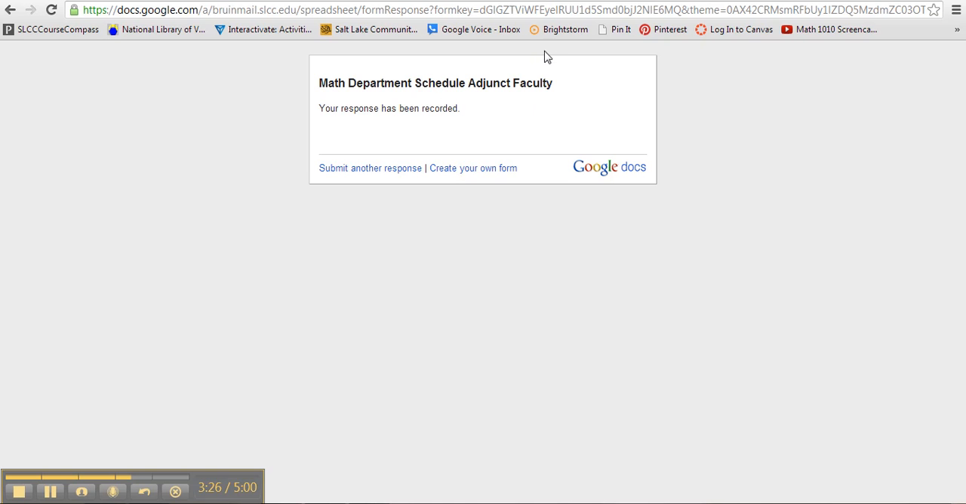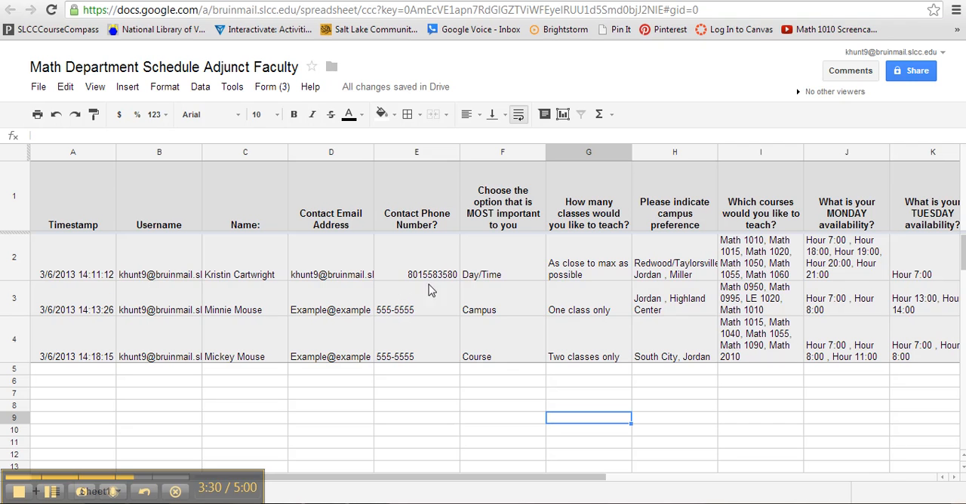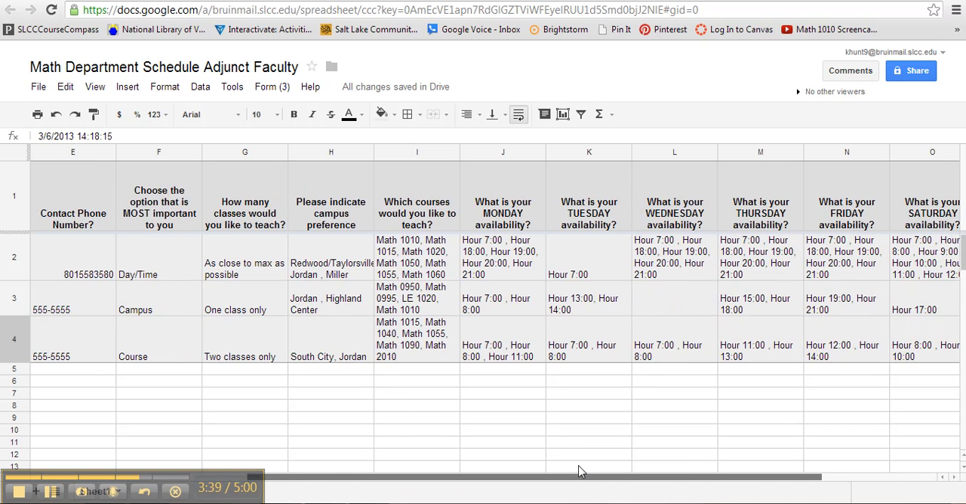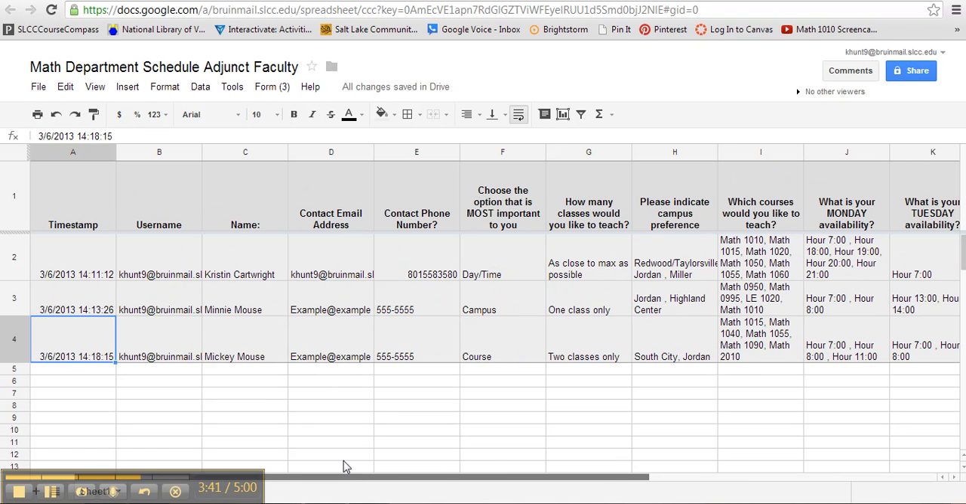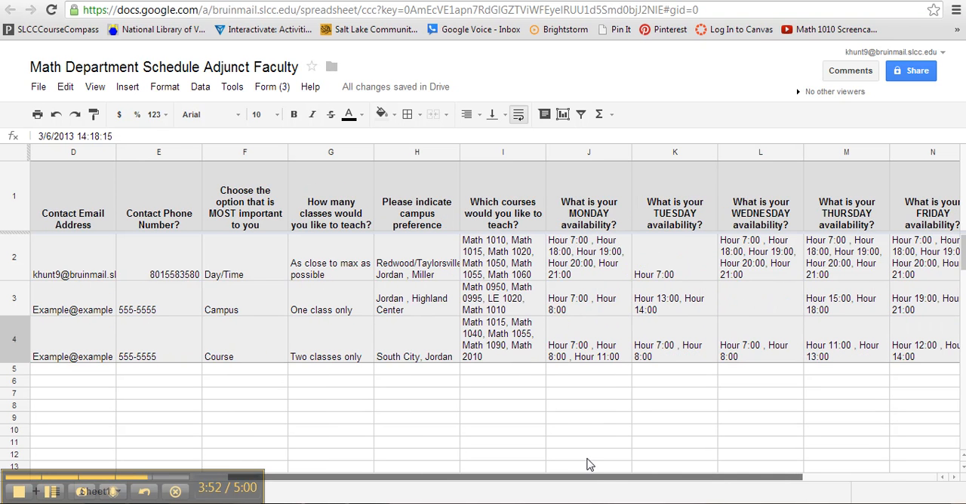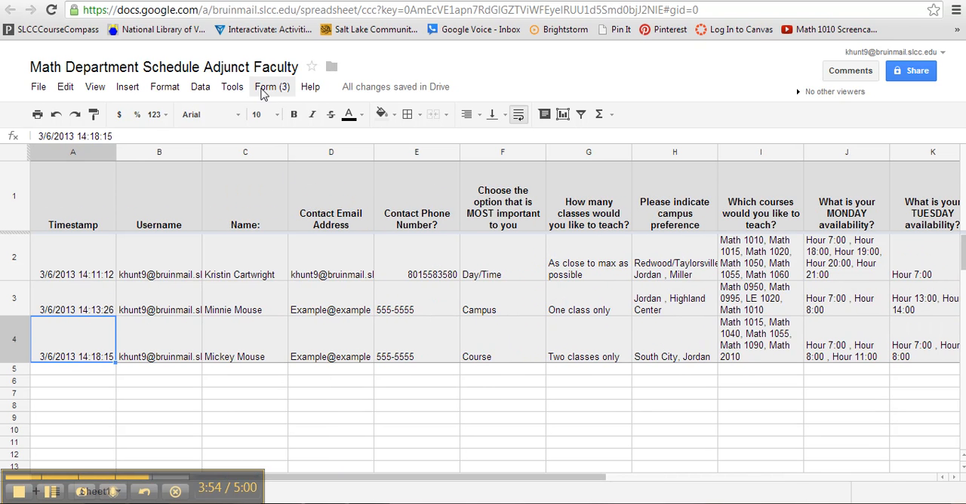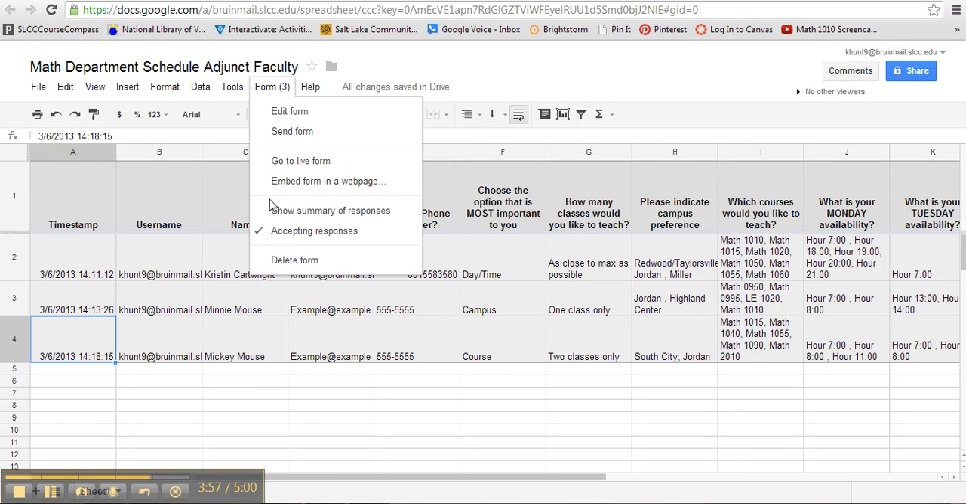So once it's been recorded, whoever is in charge of the form can see everybody's responses here at the time that they were put in, and it just organizes it all into one Excel sheet for you. The people who fill out the form don't have access to this spreadsheet. Only the person who is in charge of the form has access to this spreadsheet, so it can't really be changed. But what I like about it then is you can click on form and show a summary of responses,